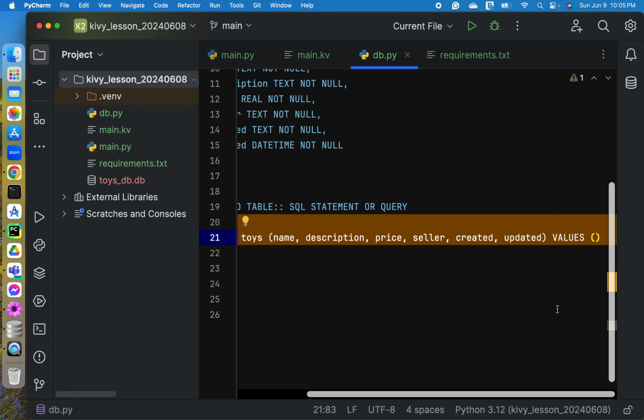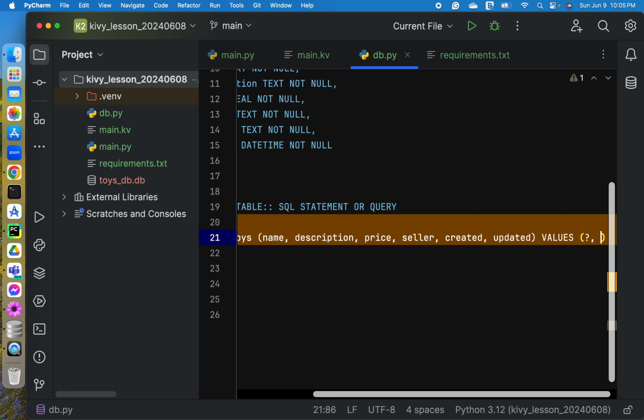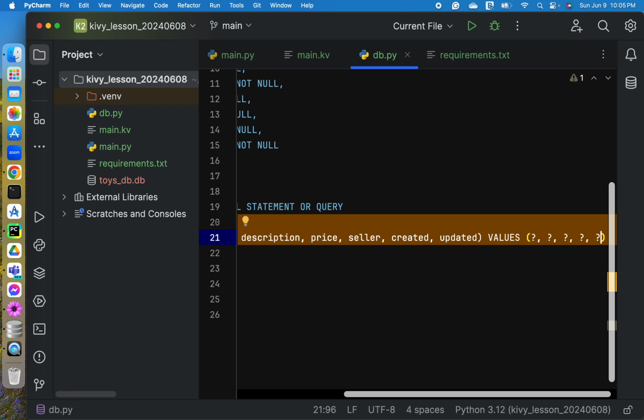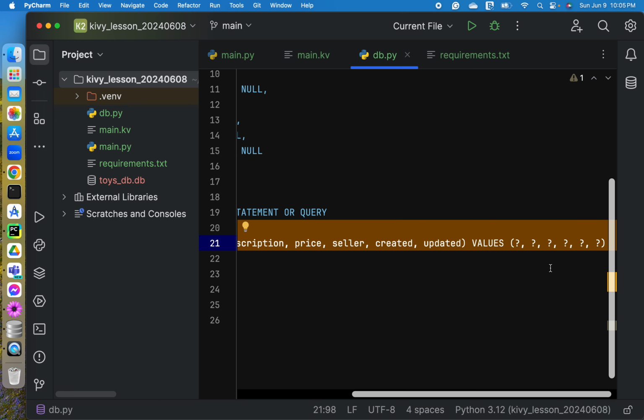So we will use the substitution method. We only need to put question mark, or these are like wildcards to represent the data that we will be providing later.